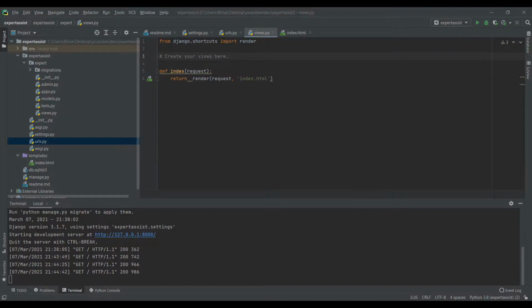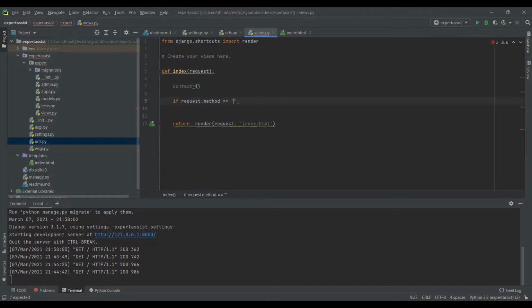So we go in the views, file, and here we're gonna read, be able to take the file, save the file name. Okay, firstly I say context. I don't know, I like to have this context. Okay, and I'm gonna say if request dot method equals post. So if the user submitted this form,